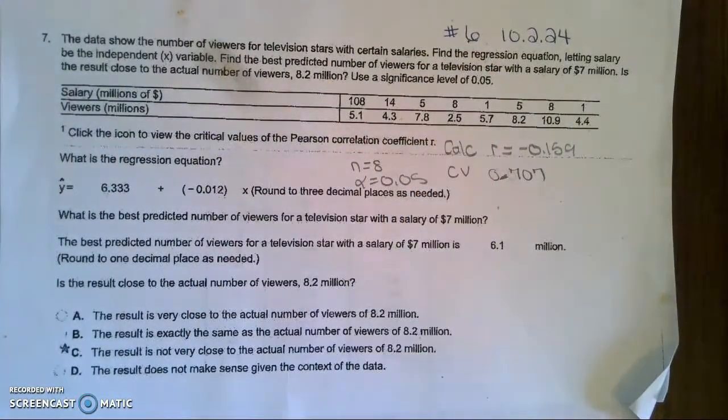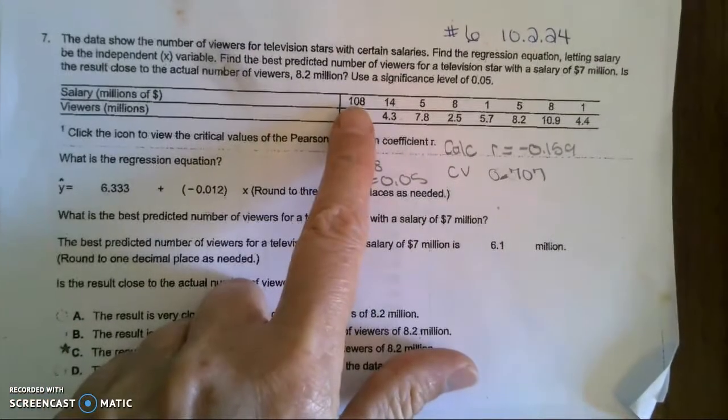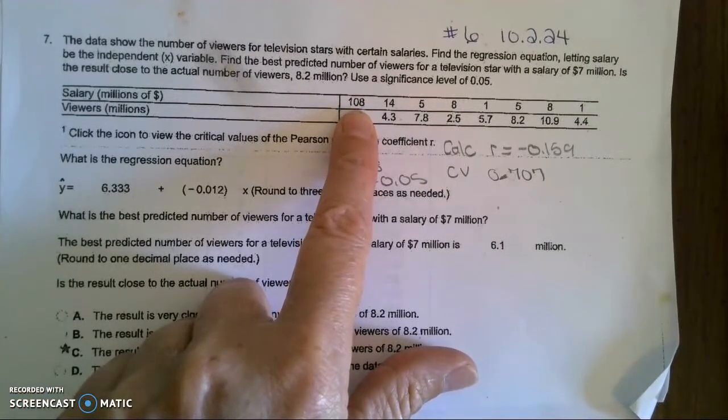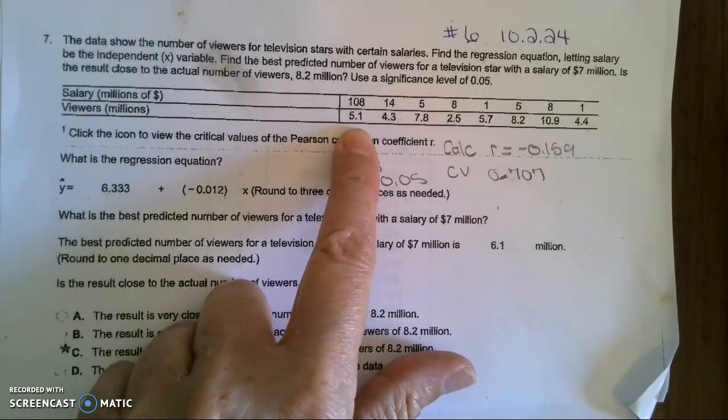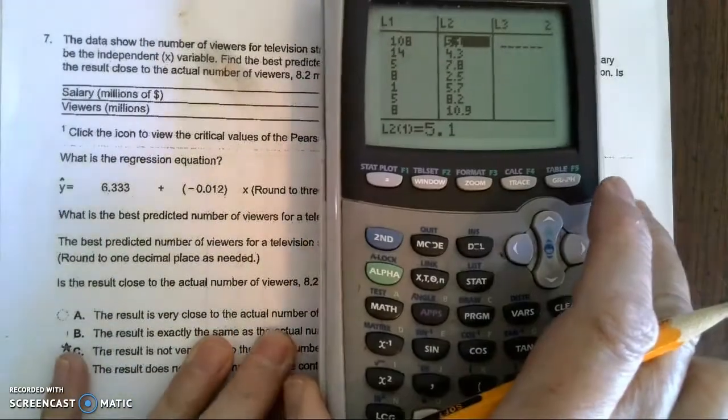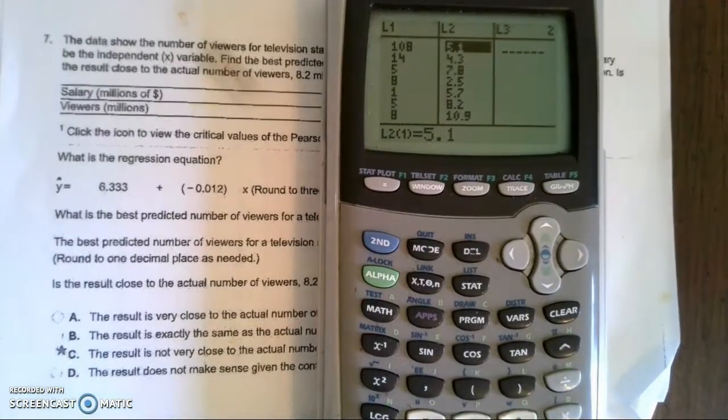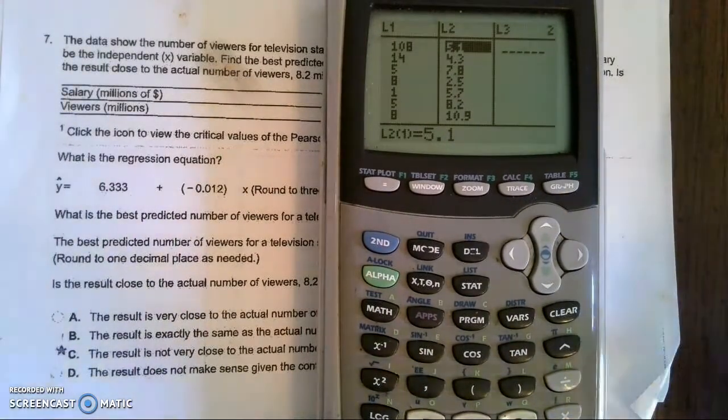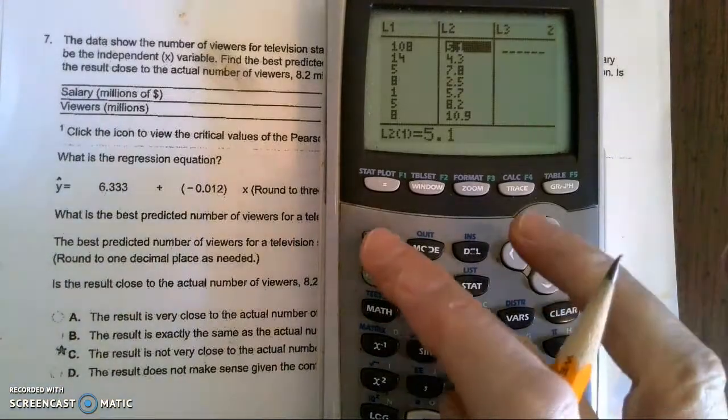So the first thing I'm going to do is put the television stars' salaries into list 1 and the viewers into list 2. I went ahead and did that, but if you need to pause and plug those in, you certainly can, and then come back when you're ready. Now that I have those in, I'm going to hit second quit,